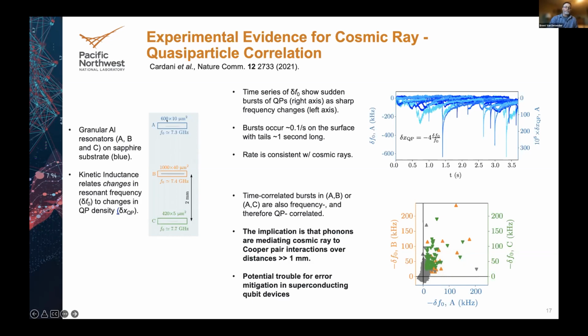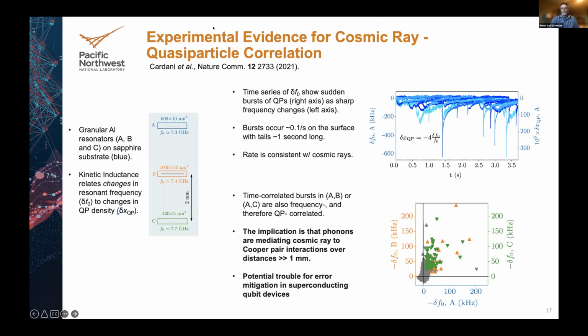And I'm circling for you, actually, they did it in their paper, labels for the resonators A, B, and C. There's a ground plane, a superconductor on the back of this device. A strip of superconductor just sitting there will have an inherent inductance. And it has a component called the kinetic inductance, which depends on how many broken Cooper pairs are in it. As the kinetic inductance changes, you're basically changing an inductor value in your resonator circuit. And so the resonant frequency changes. So by monitoring the resonant frequencies of these, they can see fluctuations in the numbers of quasi-particles.